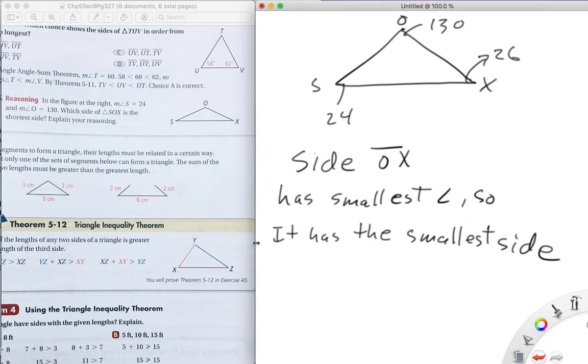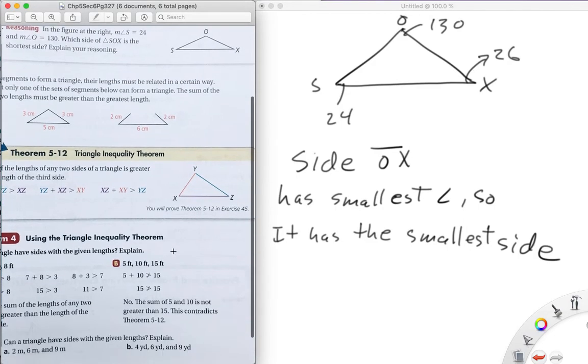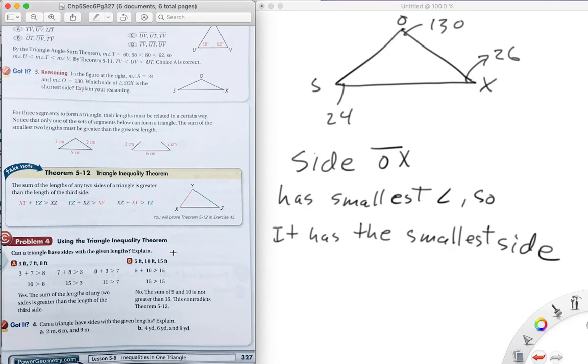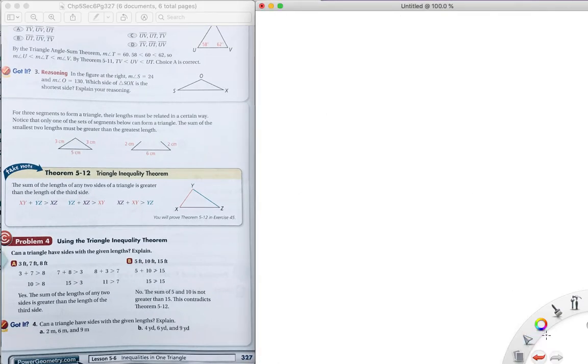Yep. Smallest angle has the smallest side. Okay. The triangle inequality theorem, theorem 5.12. What the triangle inequality theorem says is that the sum of any two sides of the triangle is greater than the third side. So if I have a triangle,